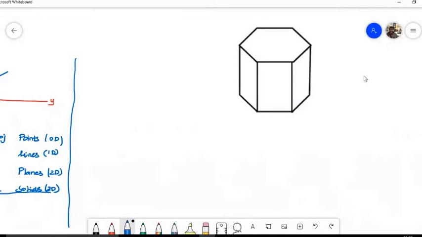Okay, so now coming to this pyramid, so pyramid will have only one base, and it will have slant edges, in the sense the edge connecting the apex and the base, those are called slant edges. Okay, so this is how the things will be discussed. Okay, and it has only one base, and the prism has 2 bases. Okay, let me take one simple problem. See, let me write the problem.